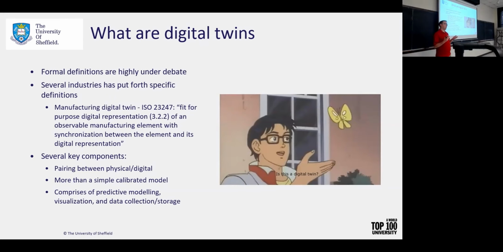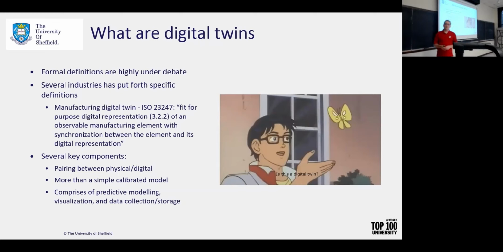Second, a digital twin is more than just a calibrated model, particularly if you look at aerospace, where they've had calibrated models since the beginning of the computer. They've taken data, made their models fit that data, and used that to make future predictions. Very common in aerospace situations. But the digital twin is more than that because it evolves with the system. As the system degrades over time, the digital twin must degrade over time in terms of actual material, not in complexity or anything like that, but it needs to evolve with the system itself because nothing stays exactly the same ever.